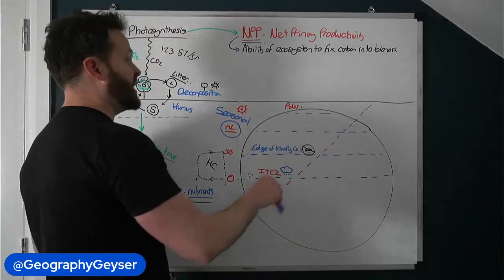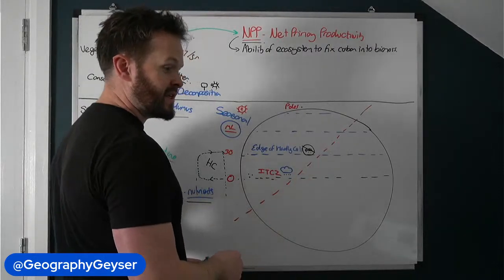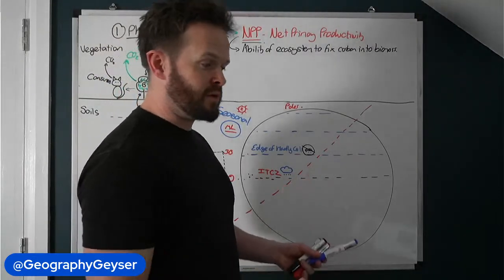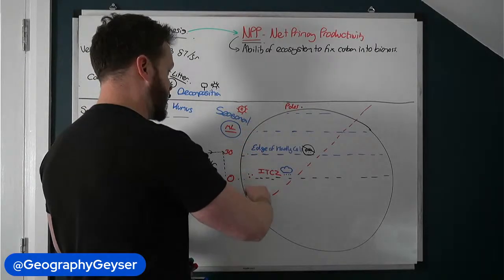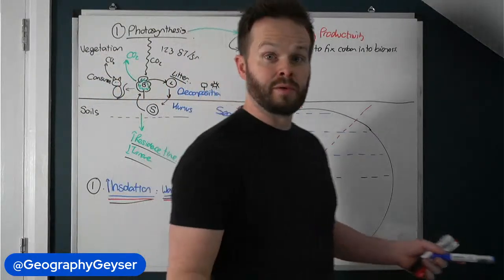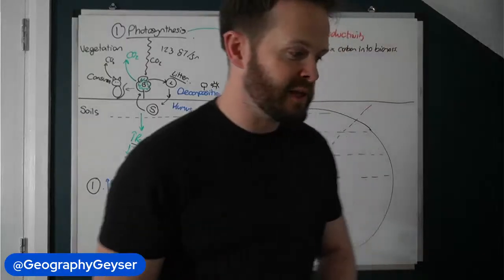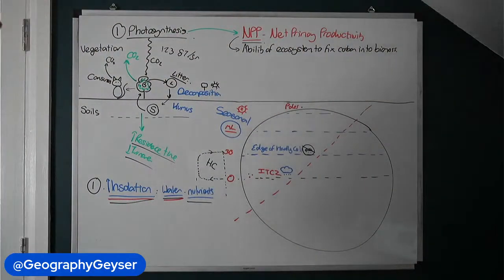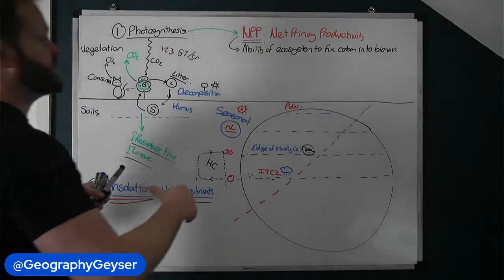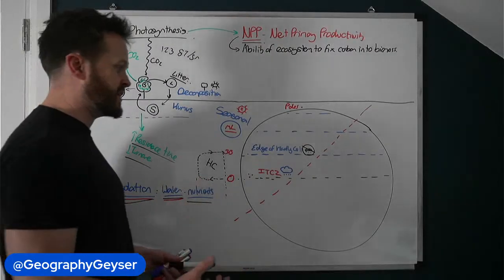And that's when we'll have high rates of net primary productivity, and then there will be low rates of net primary productivity when the concentration of solar radiation moves south. So the southern hemisphere will be coming into their summertime as we go into our winter. So that's photosynthesis and the importance of photosynthesis in fixing carbon.